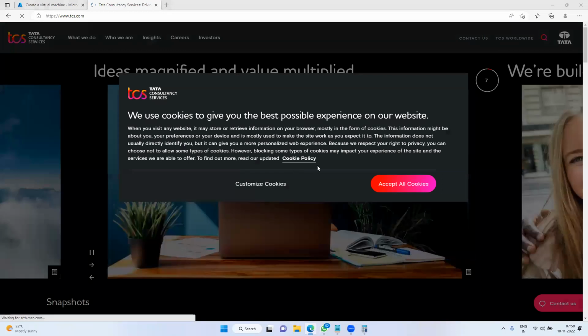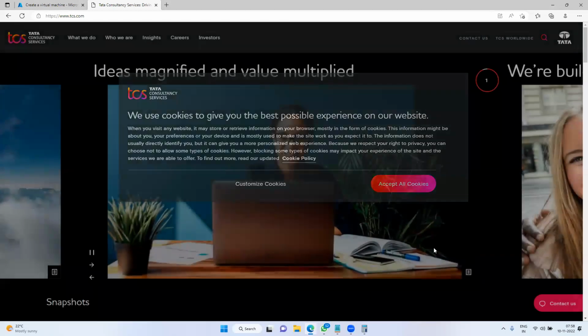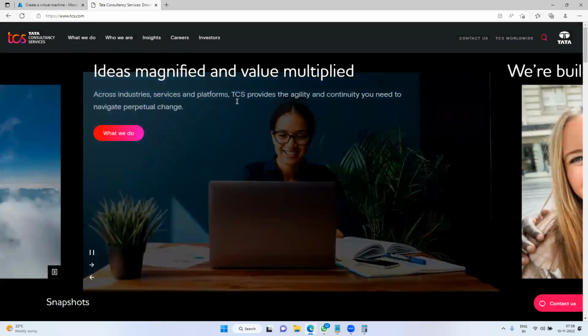Where is this application running? On top of IIS itself. IIS is the web server. If it is a Java application, to host it we will use Apache Tomcat server, WebLogic, JBoss.